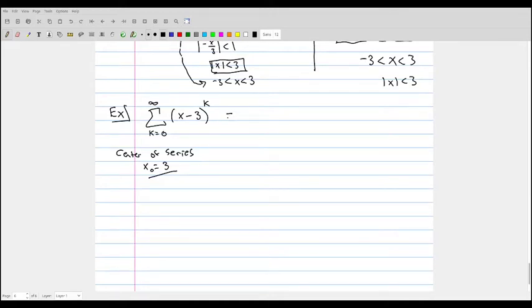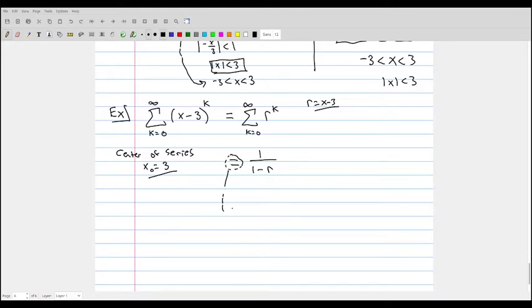Nonetheless, we can still go through and figure out what's called the interval of convergence. This is the same thing as the sum from k equals 0 to infinity of r to the k, where the r that we're using is x minus 3. And this will converge to 1 over 1 minus r